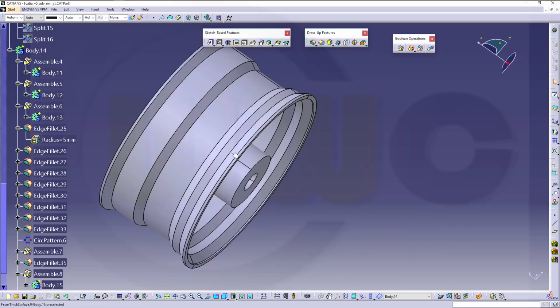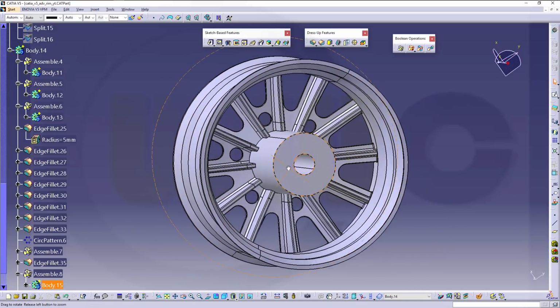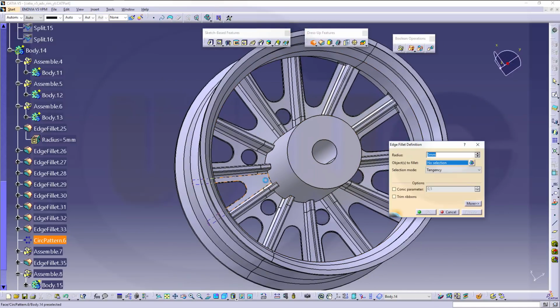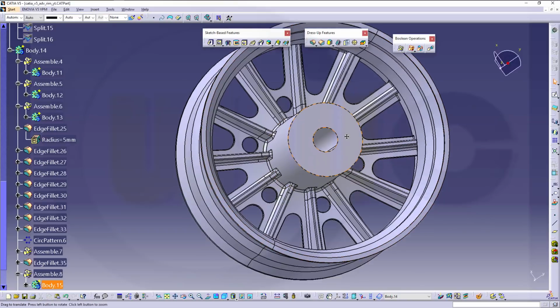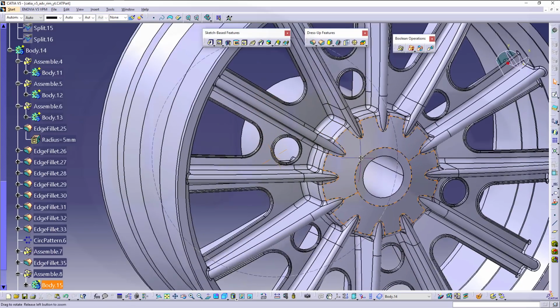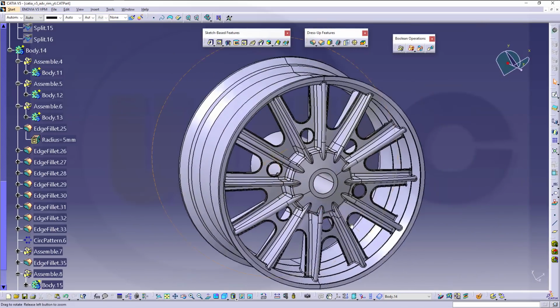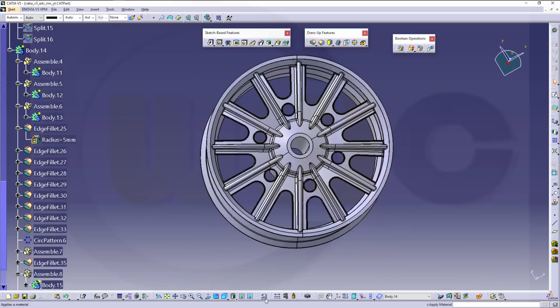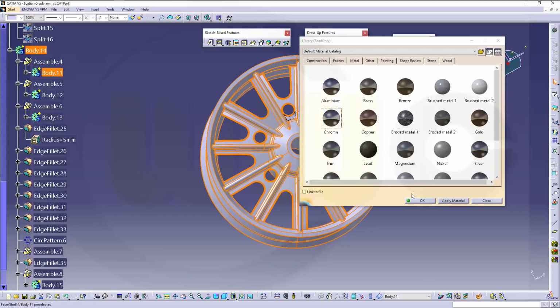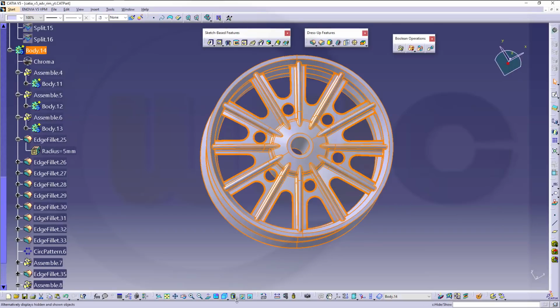I need some fillets here on the back side. So select this one, 5mm should work, yeah. And now I'm done. Maybe add some material. Go for, let's say, chrome to that body. Okay, switch to view with material,